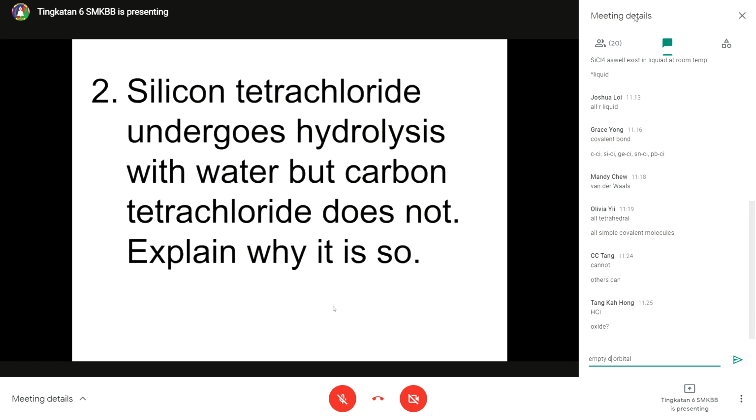Now, that means you cannot just tell about carbon. You must tell about silicon also. You need to tell about both when you read this question. Please be very careful. Normally this one will be 2 to 3 marks. You don't just talk about carbon only. You need to talk about silicon also, because you need to explain the statement why silicon can, carbon cannot. Silicon tetrachloride can because, carbon tetrachloride cannot because